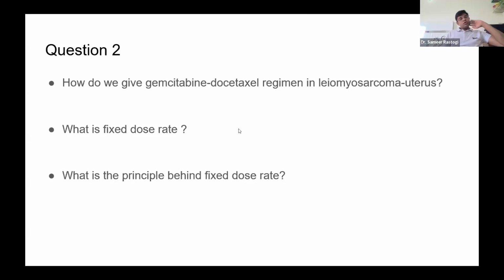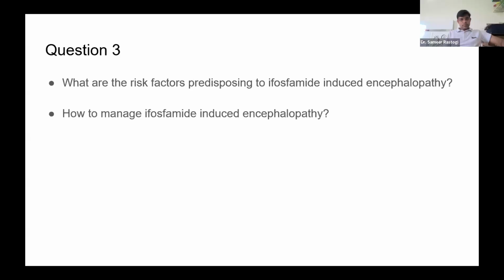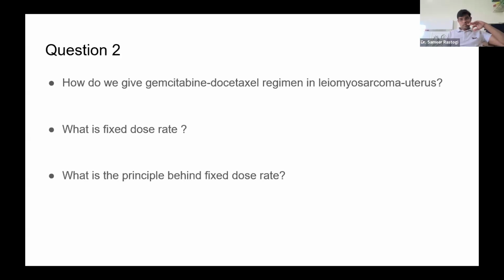Okay, sir. What about gemcitabine docetaxel? What is the dose of gemcitabine docetaxel in leiomyosarcoma or any other sarcoma? Where would you like to give? And what is fixed drug rate? Sir, the dose of gemcitabine is 1,000. No problem. These questions were actually framed by